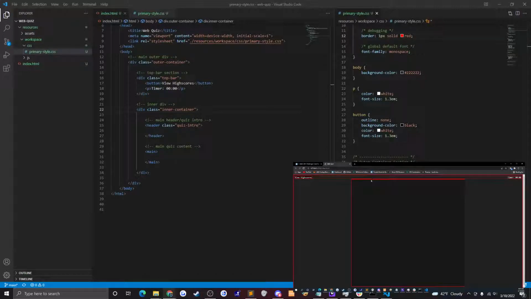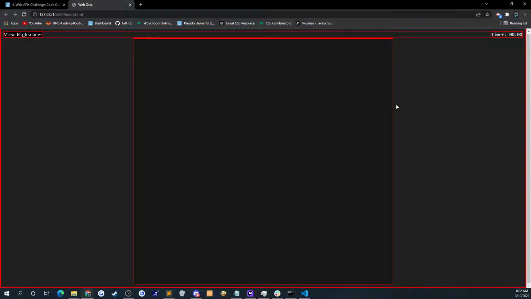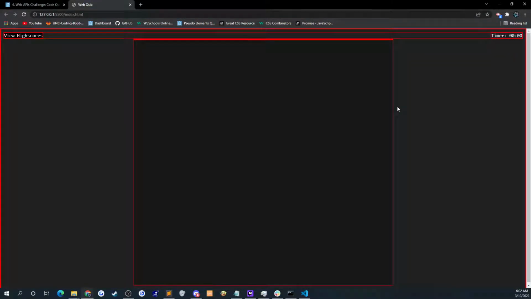Also, I might want to add some more padding here, like padding between the top bar and the inner div. So this whole black screen right here now is the inner div. This is going to be where the rest of the content in our page goes, including the header